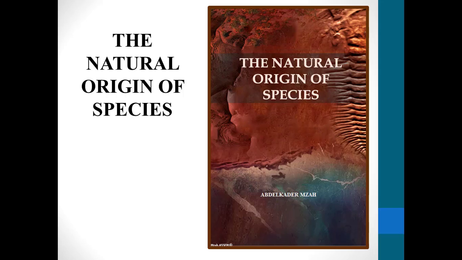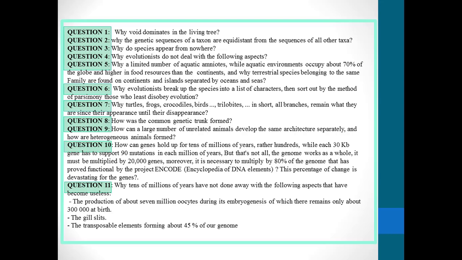These answers will surely be upsetting for some, shocking for others, logical for many of course, but one thing is certain: they come from nature. Obviously, an understanding of the global mechanism of species development requires reading the book. In this book, we are going to be answering why void dominates in the living tree, why the genetic sequences of a taxon are equidistant from the sequences of all other taxa, and why do species appear from nowhere,